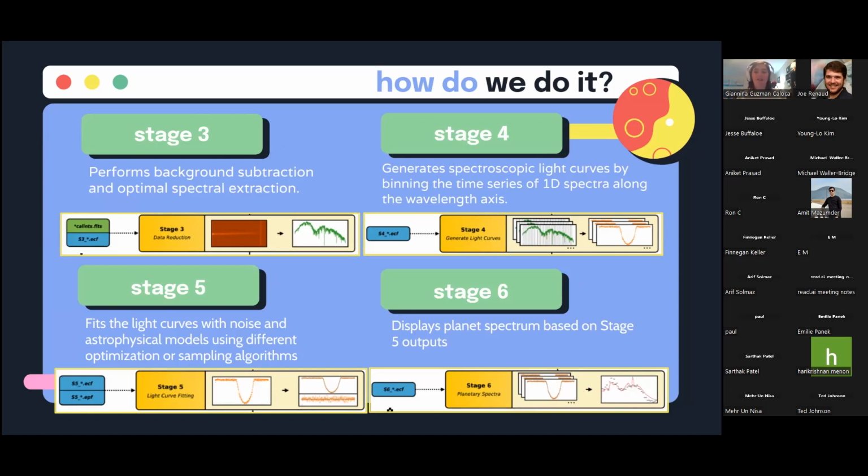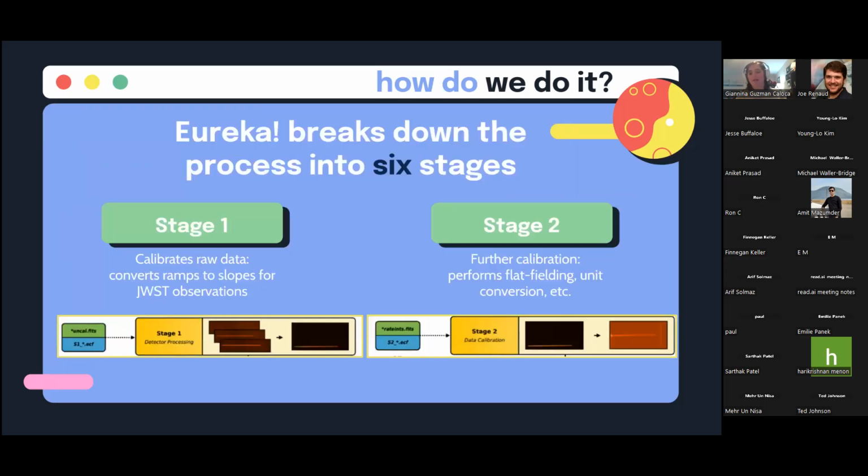It bins the time series of 1D spectra along the wavelength axis and gives you a bunch of light curves. Stage 5 fits the light curves with noise and astrophysical models using different optimization or sampling algorithms. And stage 6 uses all of the stage 5 results to compile a planetary spectrum and display it as output for stage 6. So again, going back to the slide before this one, I included